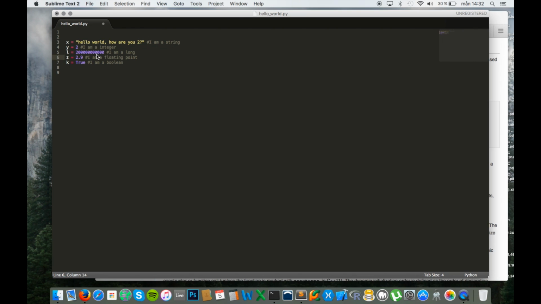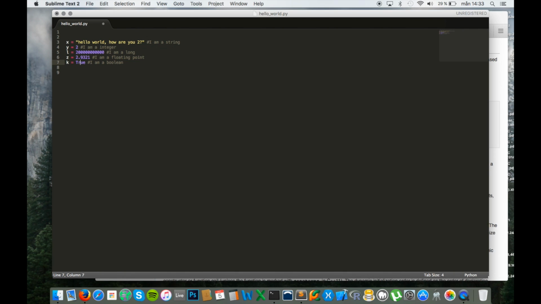Right, so the floating point is a number with a decimal. That is basically just because you might need a lot of information in the decimal points. It's a bit heavier on the processor and the memory than the integer and the long, but sometimes you just need a lot of information from that figure or variable.